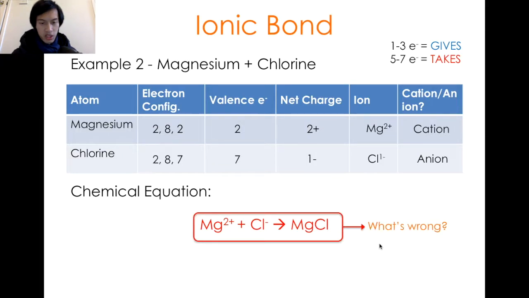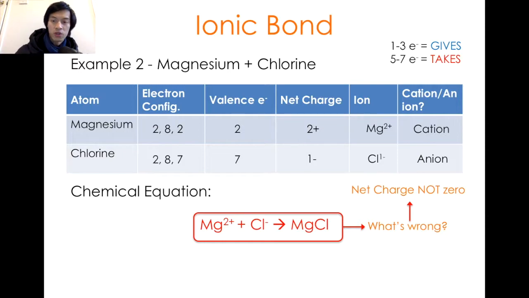There is something wrong with this equation if you leave it the way that it is. And the reason for that is because the net charge of this particular equation is not 0. And that's a problem, because if it's not 0, it tells you that the atoms in there are not stable. They haven't gained or lost all of the electrons that they need. And it makes sense if you think about it. Magnesium needs to give away 2 electrons, but chlorine can only take 1 before it becomes stable. And so chlorine will take its 1 electron and become stable, but magnesium is still unstable